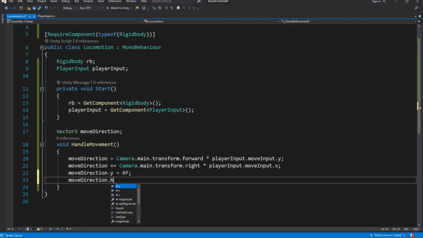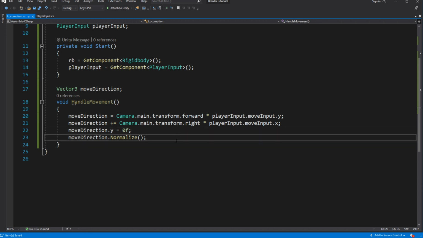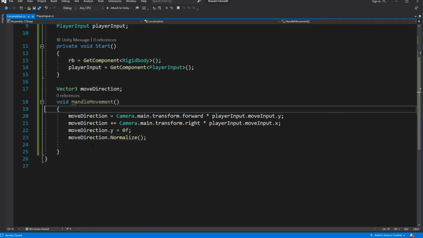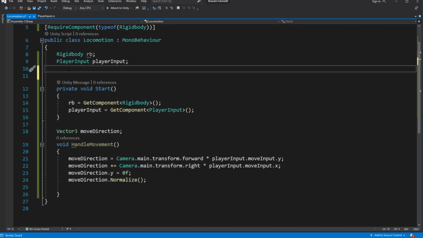And normalize our move direction vector. We need a variable for the speed of the character. Create a serialized variable called movementSpeed with a default value of 5.